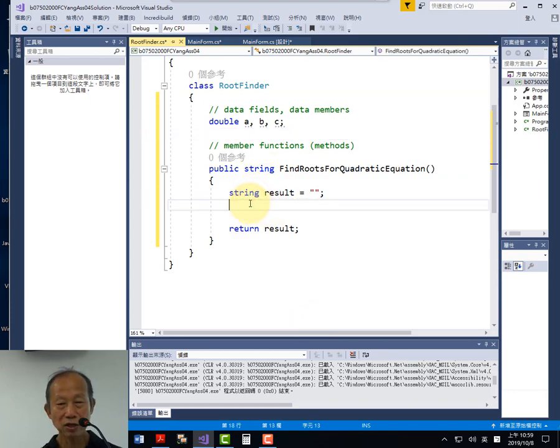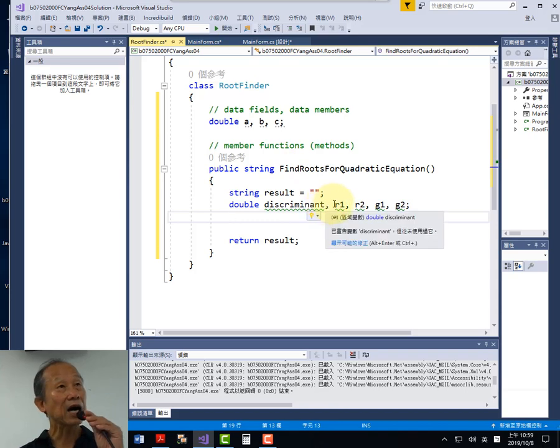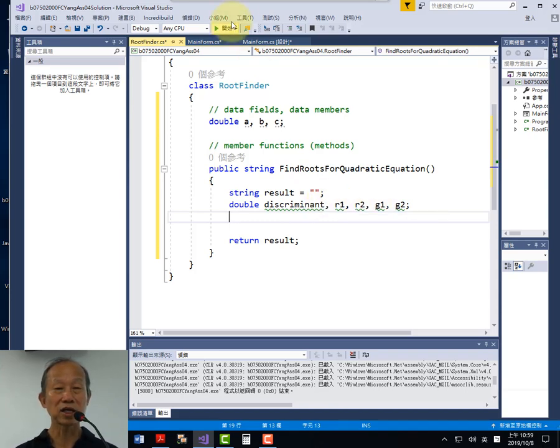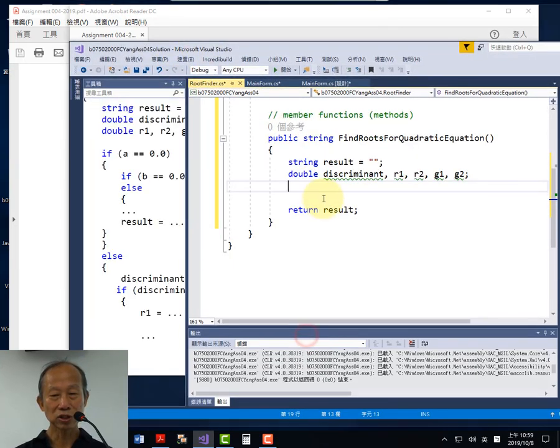So we have prepared double discriminant, right? Discriminant. And also we have R1, R2, the real solution, and imaginary G1, G2. So you can declare local variables. This local variable appears when this function is executed. And once this function is done, this local variable is gone. It will not survive anyway. 所以它的周期是这样。那我们就来 check 啊。